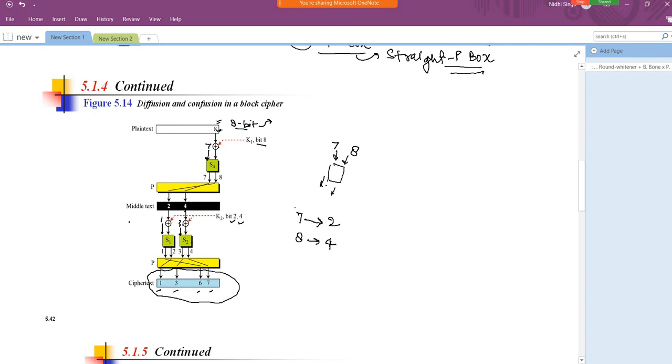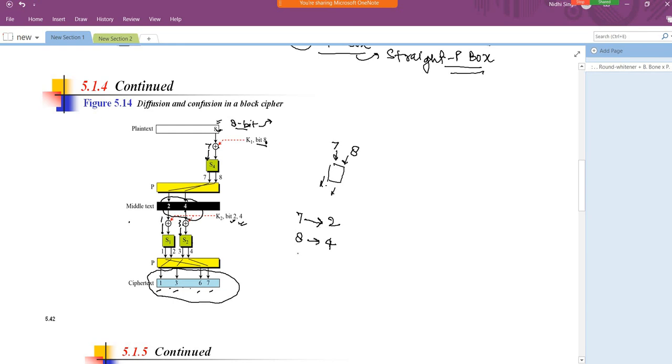Now what about the confusion property? You can say the confusion property is: if you change the 8th bit of the key value, then all of the inputs associated with 2 and 4 will get changed. ठीक. उसकी वजह से क्या होगा, मेरा साइफर टेक्स्ट भी चेंज हो जाएगा आगे, क्योंकि यहाँ पे मैं दूसरी बिट्स ले रही हूँ. अगर मैं 8th बिट को चेंज करती हूँ तो XOR के बाद जो भी मेरा ऑपरेशन होगा वो दूसरी बिट से एसोसिएटेड हो जाएगा. तो साइफर टेक्स्ट की वैल्यू मेरी कुछ और आ जाएगी इस केस में.